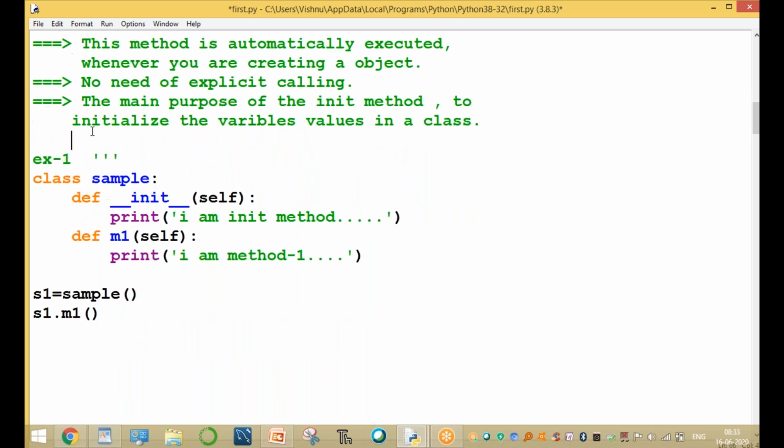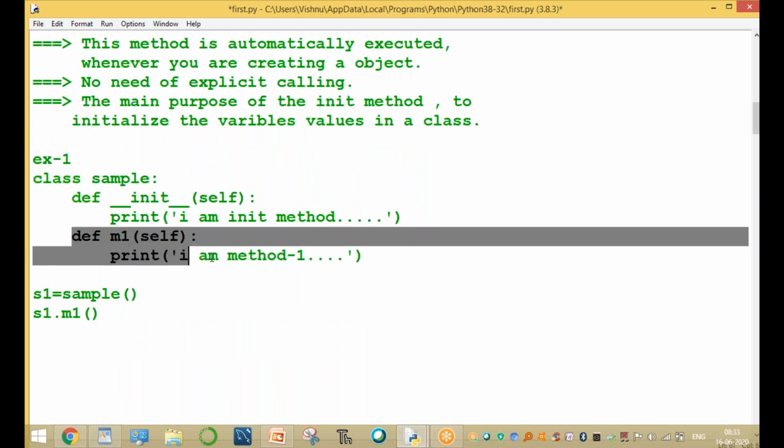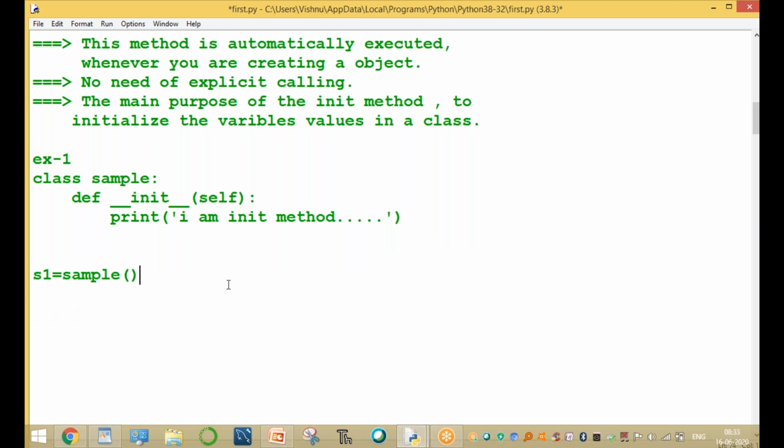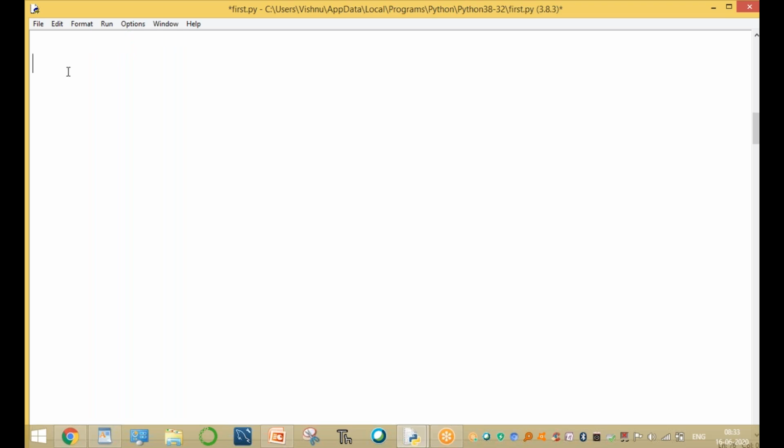For example, we assume that this is only a simple method. Clear? Up to here, one example. Now another example, to initialize the variable values. Creating one class, the class is Test, colon symbol. For example, def __init__ with self.